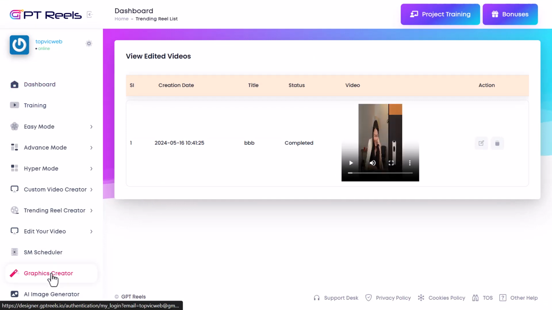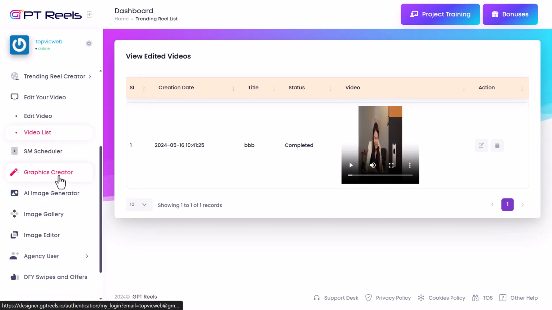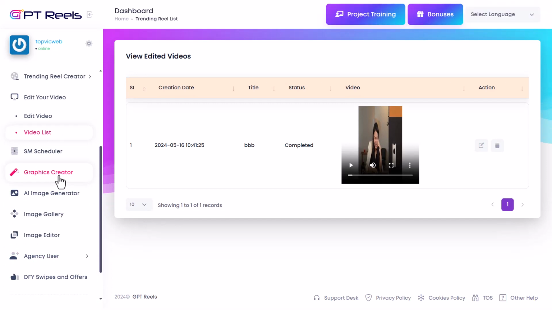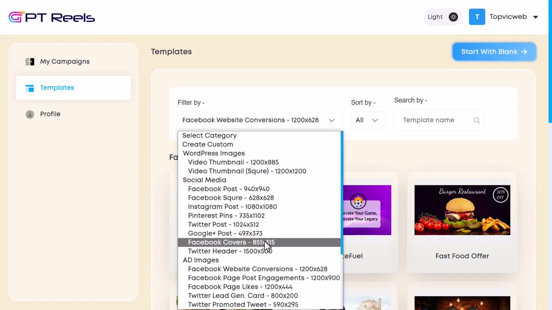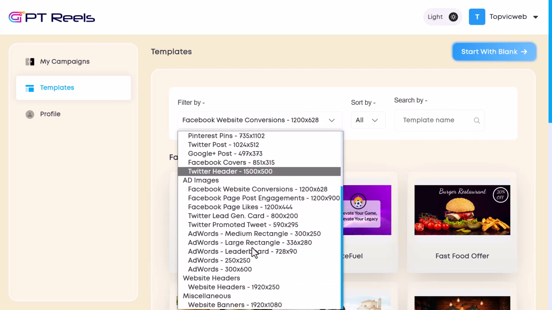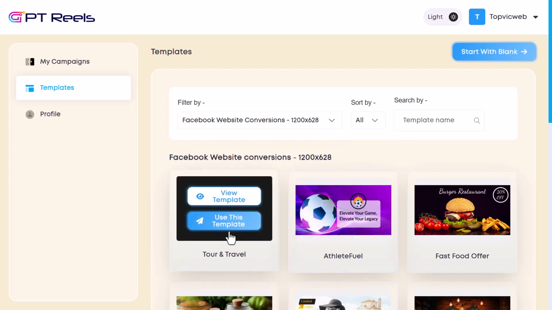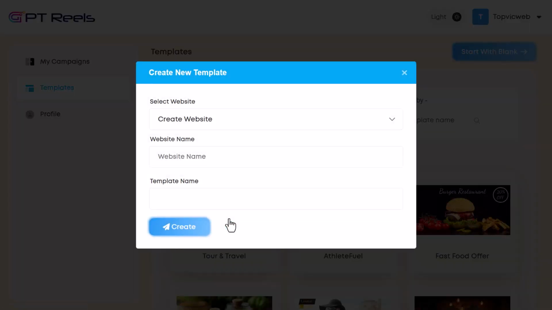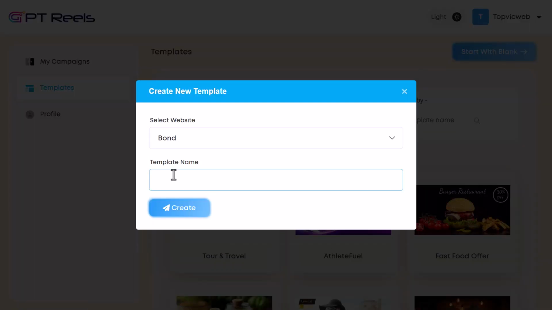On graphics creator, you can create graphics for our website, for our landing pages, and for our videos in general. You can see Facebook conversion websites, say Twitter headers, so many contents to create. If you want to create one, you can simply click on use this template, choose the website you're creating for, call the website's name,